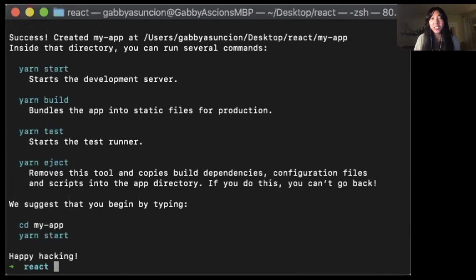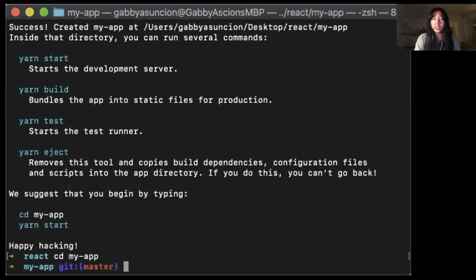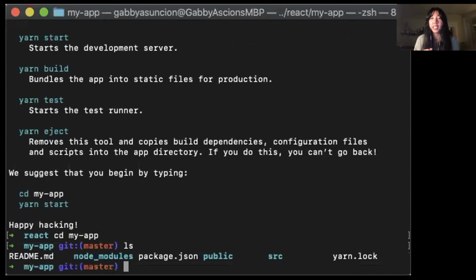So once it's finished, you can cd into the directory of the application you just created and try running yarn start or npm start if you're using npm. This starts your development server and allows you to see your changes immediately as you make them. It's kind of magical, and I don't fully understand how it works, and I don't think you need to either. So let's cd into my-app. And you'll see here that you'll have all of these different things installed.